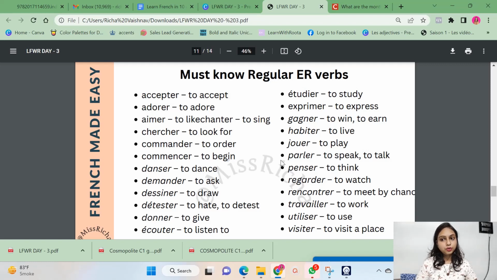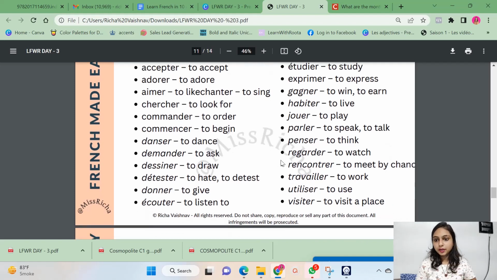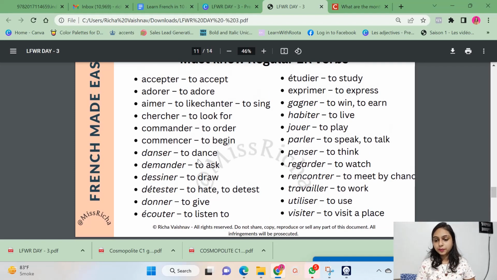Accepter, adorer, aimer, chercher, commander, commencer, danser, demander, dessiner, détester, donner, écouter, étudier, exprimer, gagner, habiter, jouer, parler, penser, regarder,